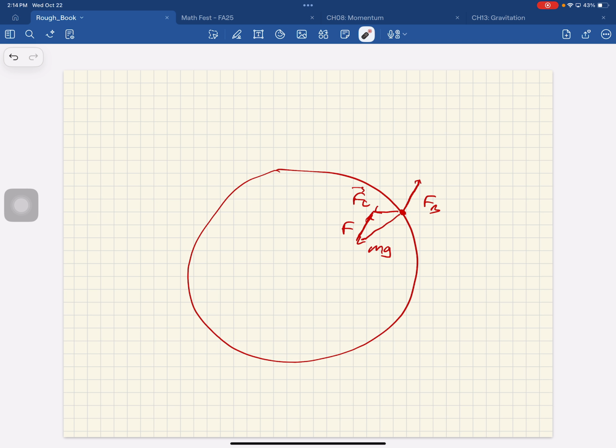So when you're building in New York, you're building it tilted towards the North Pole. So buildings in New York are tilted toward the North Pole. Buildings in Buenos Aires are tilted towards the South Pole. Only at the equator are the buildings straight up, and Santa Claus's building is straight up at the poles.